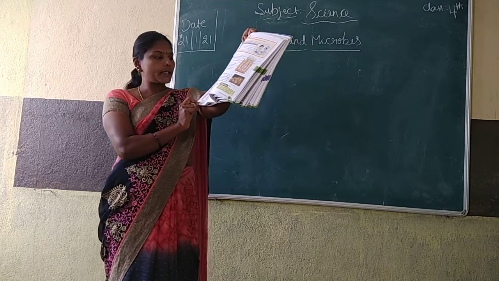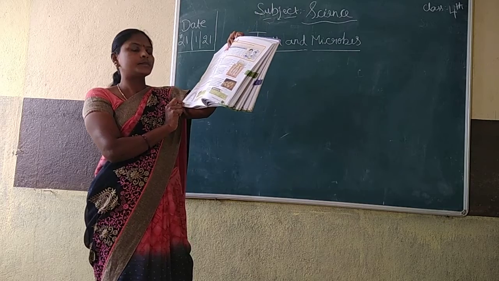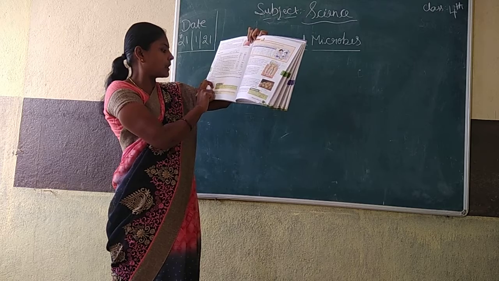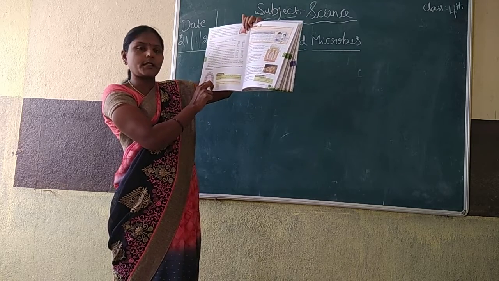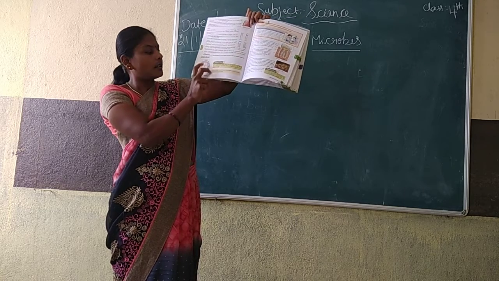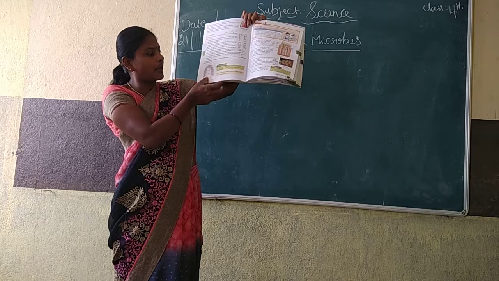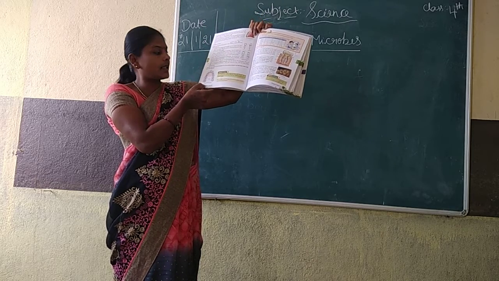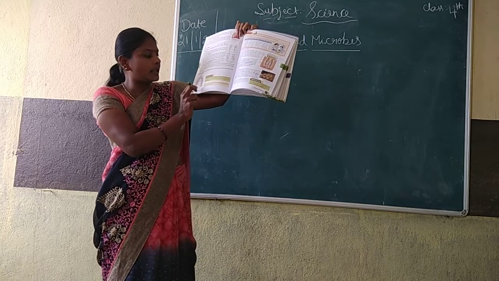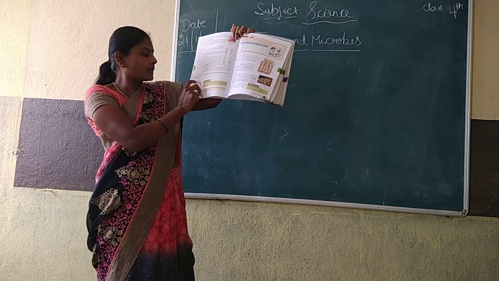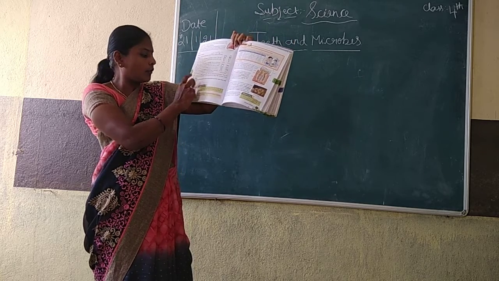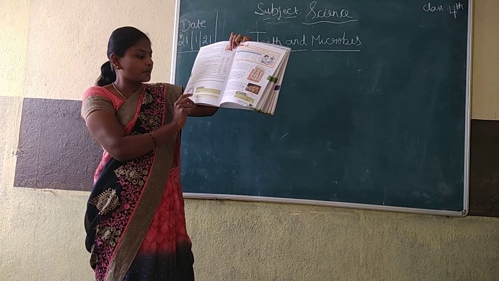Page number 166. Open. Open all. Take a pencil. Okay, next. See teeth. A set of some teeth are given here, in the last page, number 166. They have given a set of teeth in a jaw: molars, canines and premolars. Four sets of teeth are given here. You see.